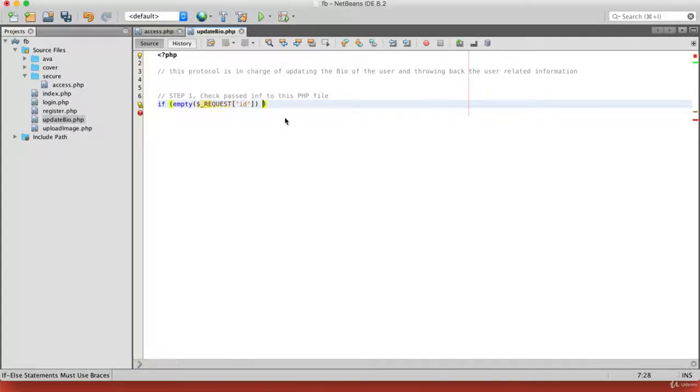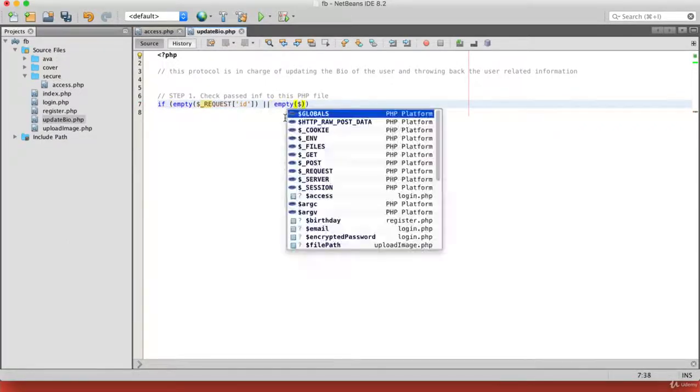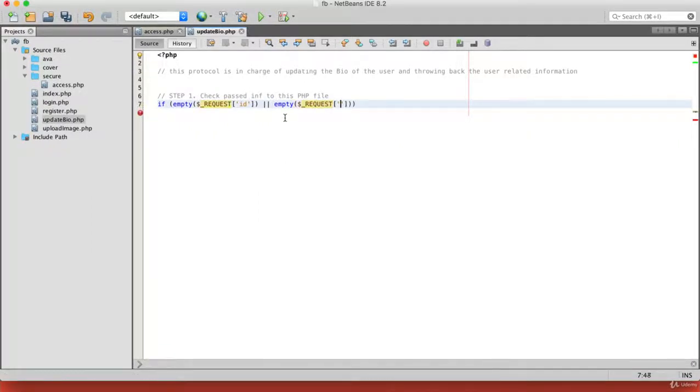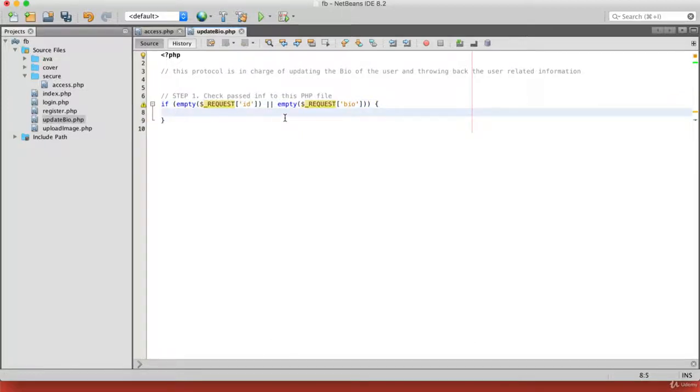Then, coming out of the if's first round bracket, we put or empty. In the round brackets we'll write $_REQUEST, square brackets and single quotation marks bio. If these values are empty,